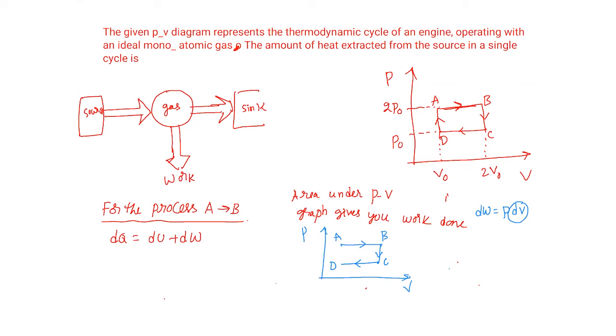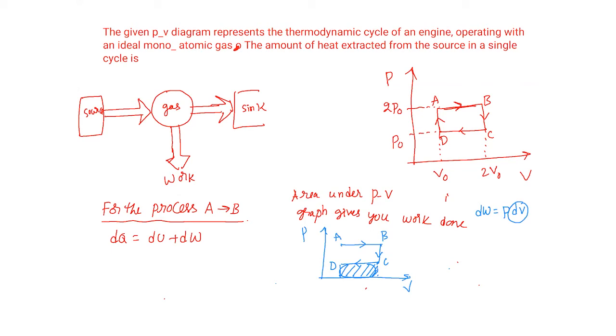Is C to D an isochoric process, sorry, an isobaric process? Am I correct? Isobaric process. Volume is decreasing or increasing? Decreasing, negative. Okay. If I ask you what is the work done from C to D, how do you calculate? This area below that straight line is the work done from C to D. Am I correct? And this is negative area, meaning negative work done.